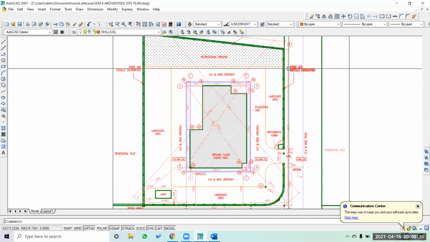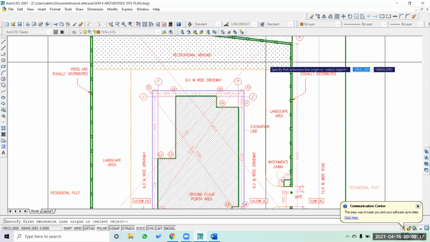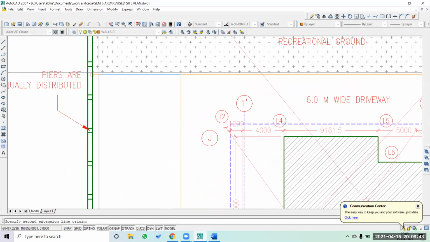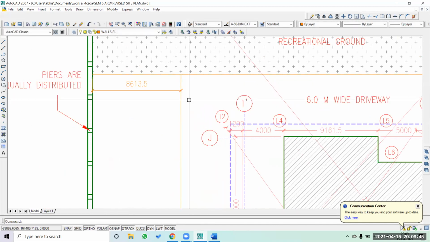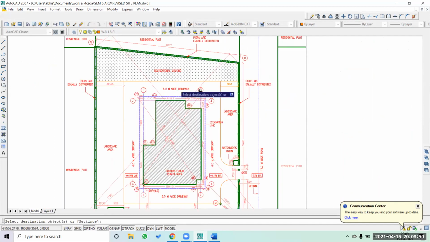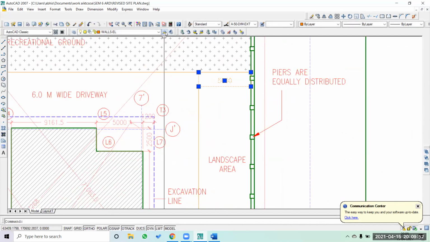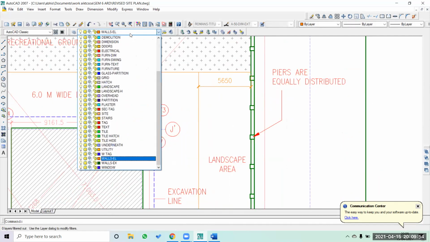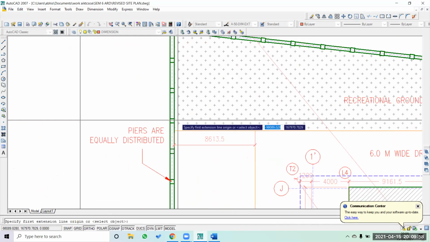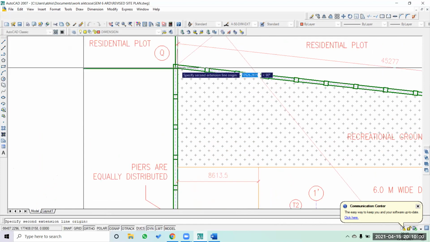There are a few dimensions which we can add, like how wide this is going to be. It's just information; it may not actually help in setting out. So we'll give just a few pieces of information here, nothing else.